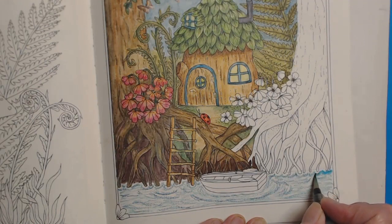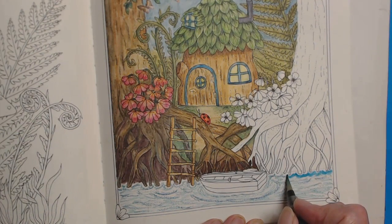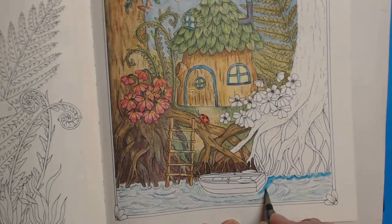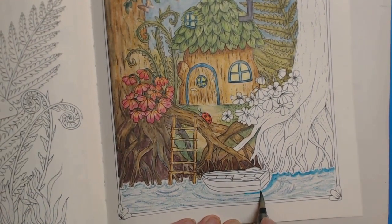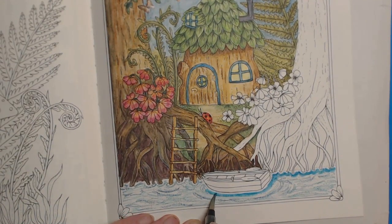So I just want to... This will probably show up better against the other side where the dark brown is already in to mark the bank. So stay away from the bottom of the boat. So see how I'm just leaving an area sort of surrounding the